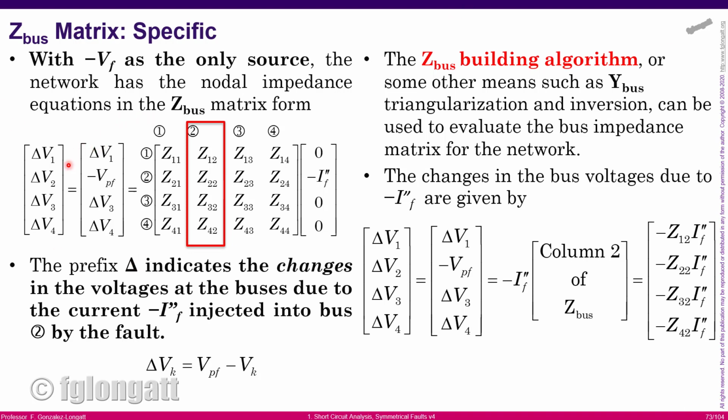What I'm trying to say is that those terms, delta V1, delta V3, delta V4, represent the change of the voltages during the fault condition. I mean, those delta V represent the voltage previous to the fault minus the real voltage at the bus bar. For instance, for bus bar number 2, the second position is minus V pre-fault. What is the reason? Well, because during a fault in bus bar number 2,